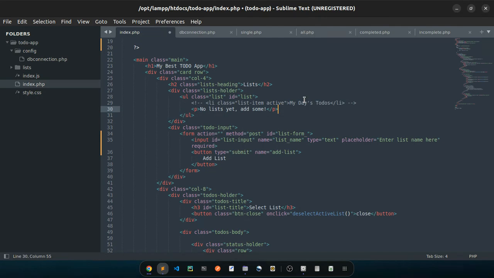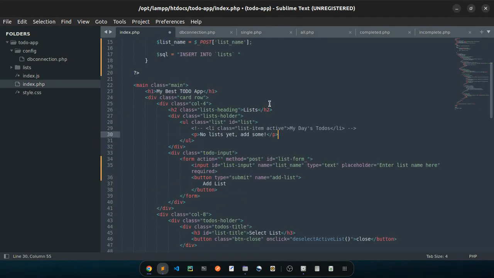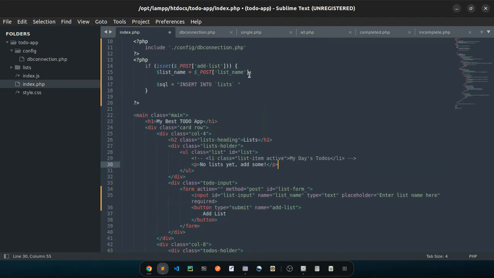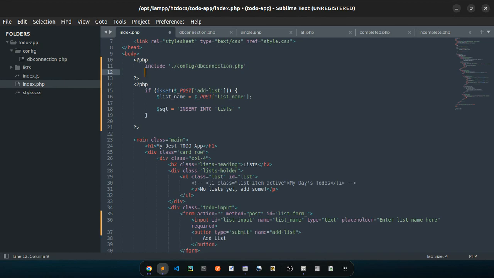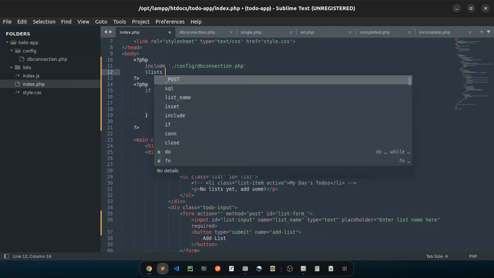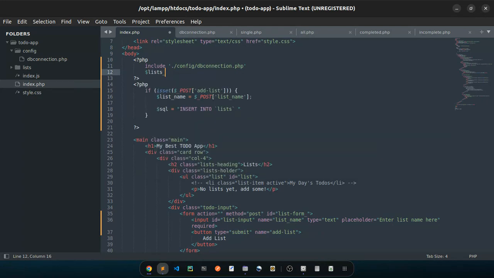So how do we do that? It's really heavy. I also don't recall, but let's try. So I'm going to read all those lists here. Where can I read them best? I can read them here. So $lists equals to list query equals to,